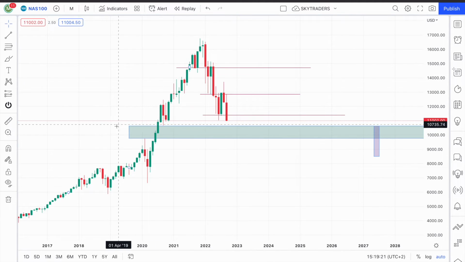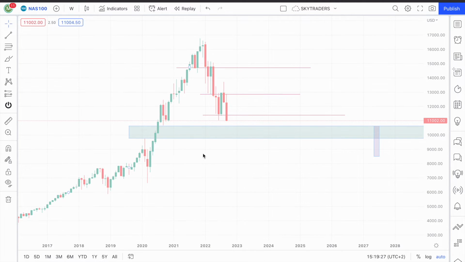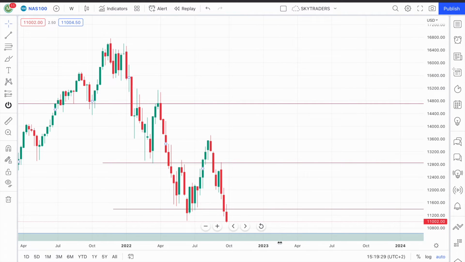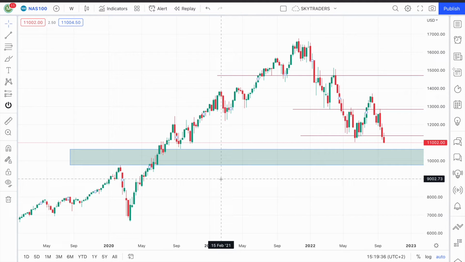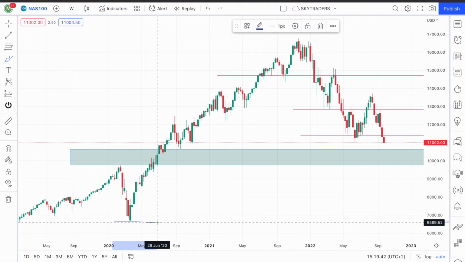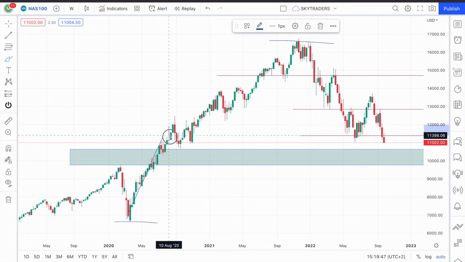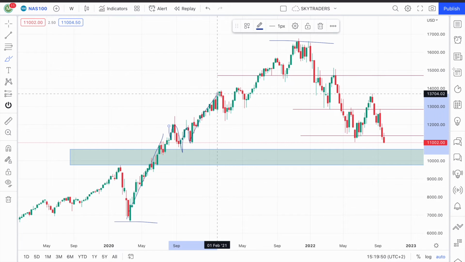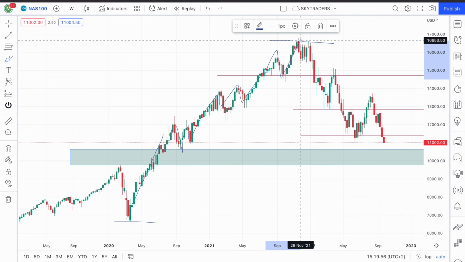So that's why I also highlighted this as an important level. On the weekly time frame, now we need to remember the structure that we had in our mind, right? What did we say? This is the trading range: expansion, slight consolidation, another expansion, consolidation, expansion, consolidation, expansion, and then price traded through this level, tried to trade back,